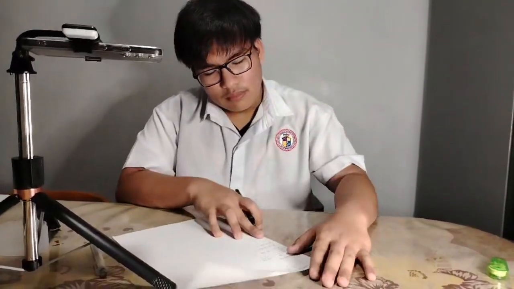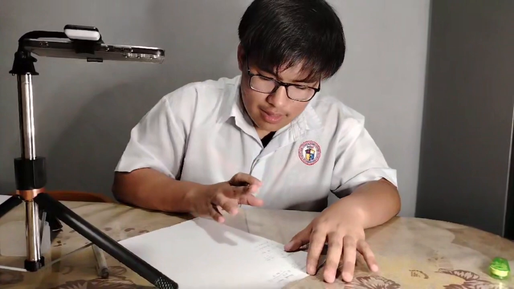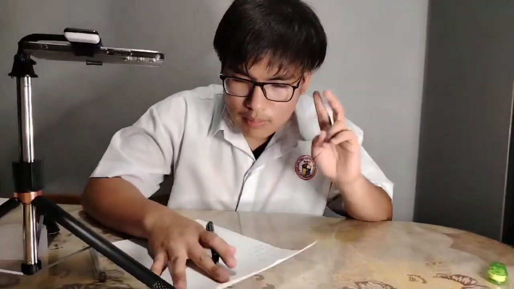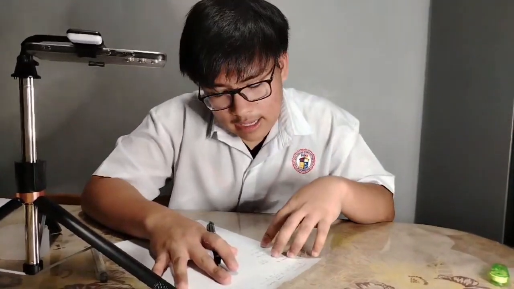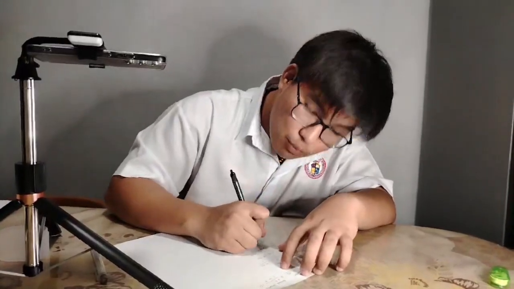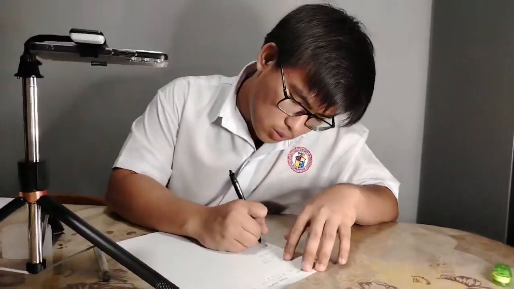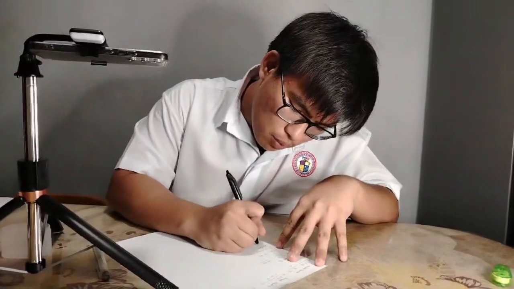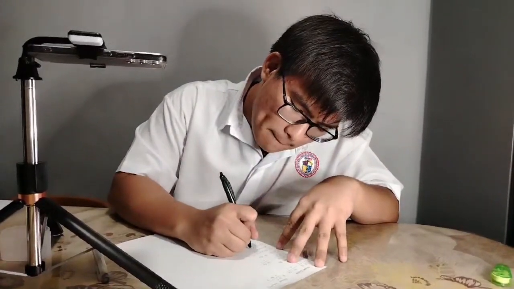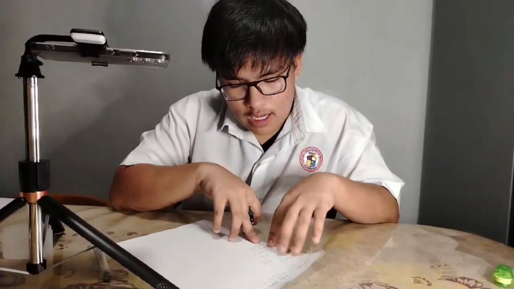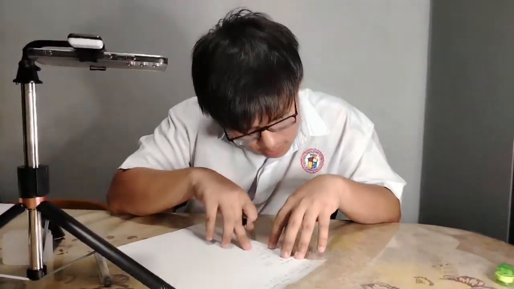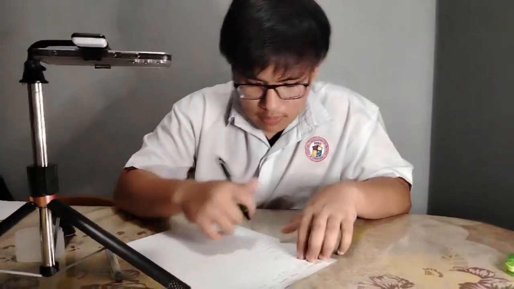Since we need to find their factors, we need to find two numbers that if multiplied would answer 4, and if added up would answer 5, and that would be positive 1 and positive 4. If we multiply 4 times 1, we would get 4, and if we add it up, 1 plus 4, we would get 5.